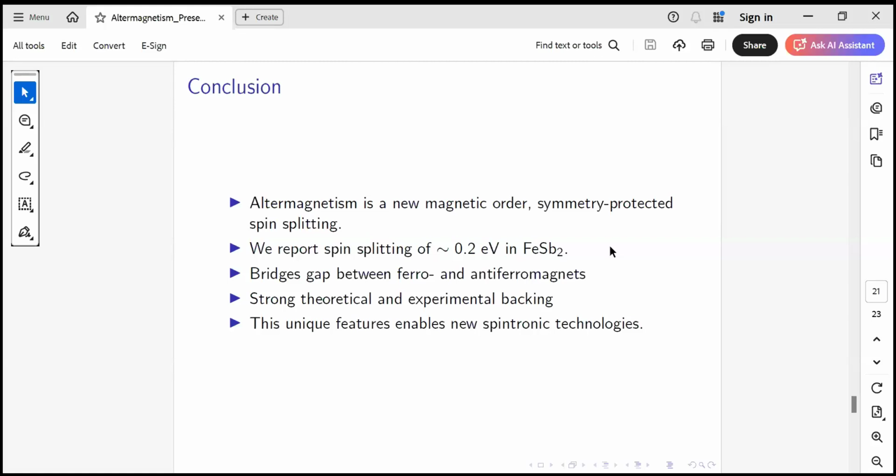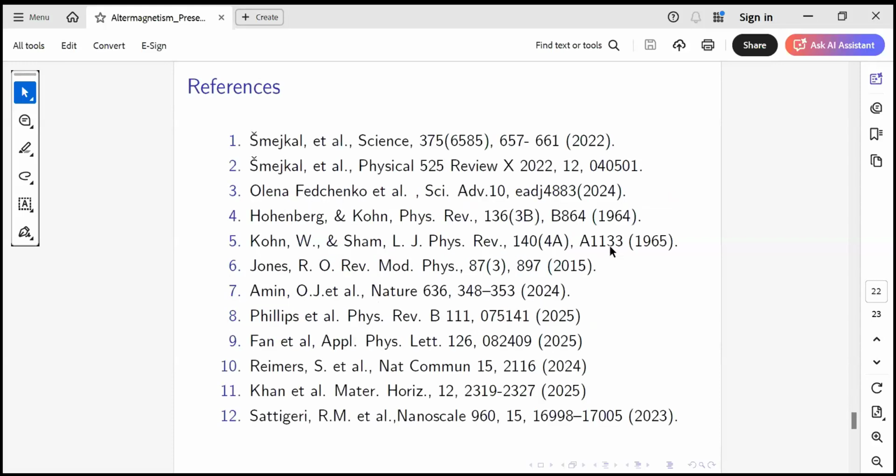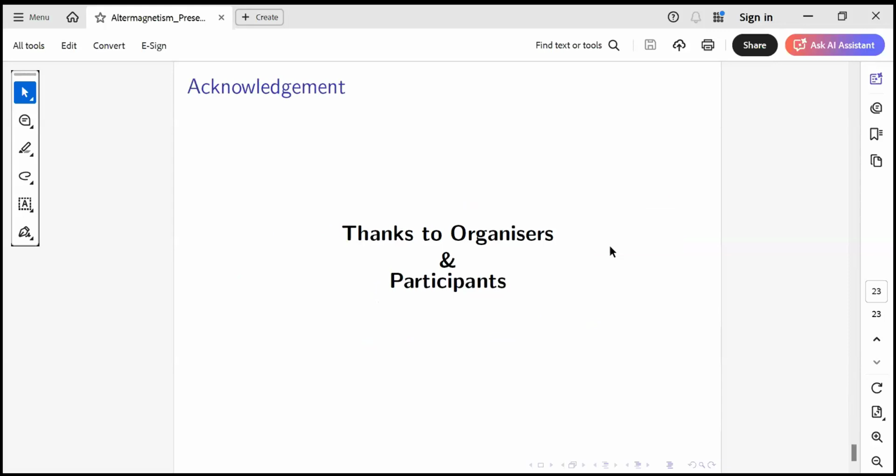So maybe the altermagnets fulfill those promises in this case. So we can see that altermagnets have a brighter future in upcoming technology. So these are my references, and I would like to thank the organizers and the participants. Thank you for your patience.